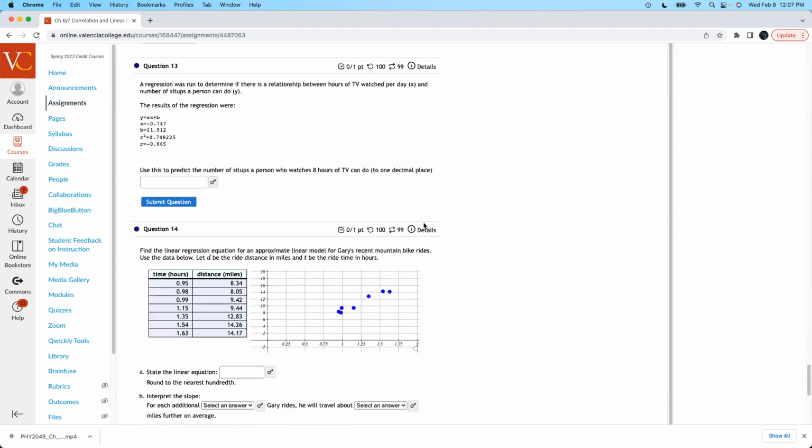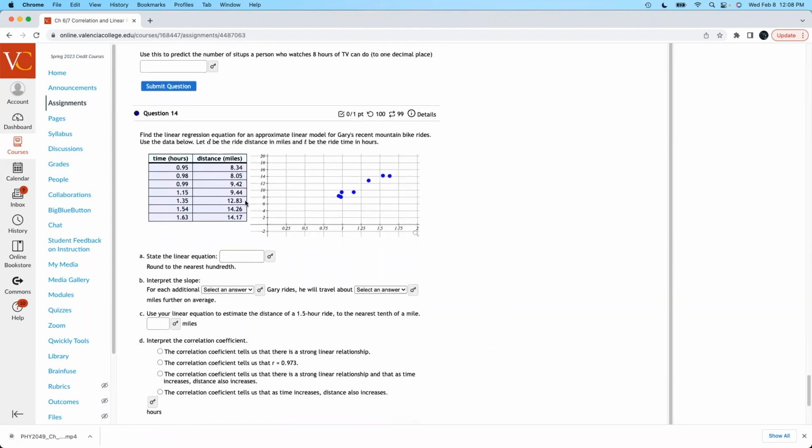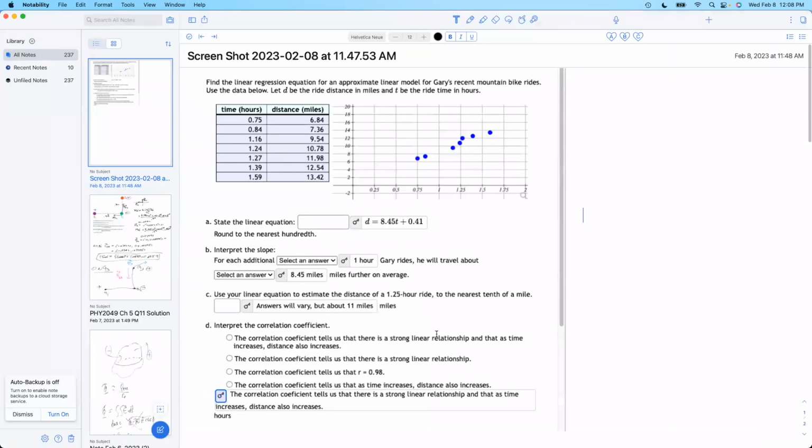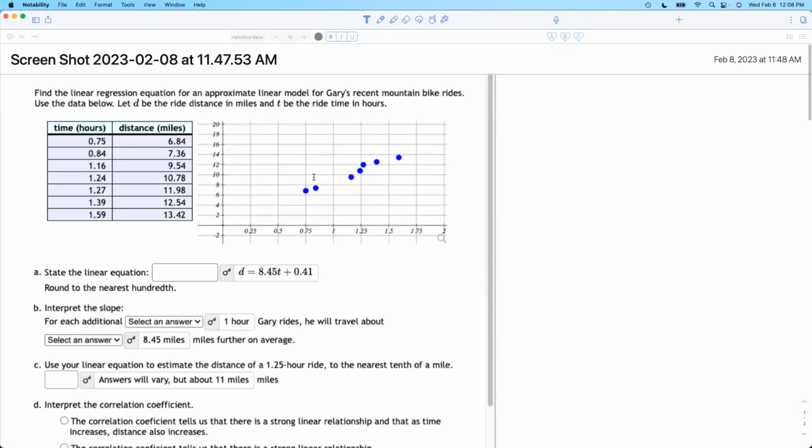I want to do this problem, I think it was. Yeah. And I'm going to show you a couple of different ways to do this problem. Okay, so I've copied it over here. First thing we want to do is do linear regression on it. So if we're going to do this in our calculator,